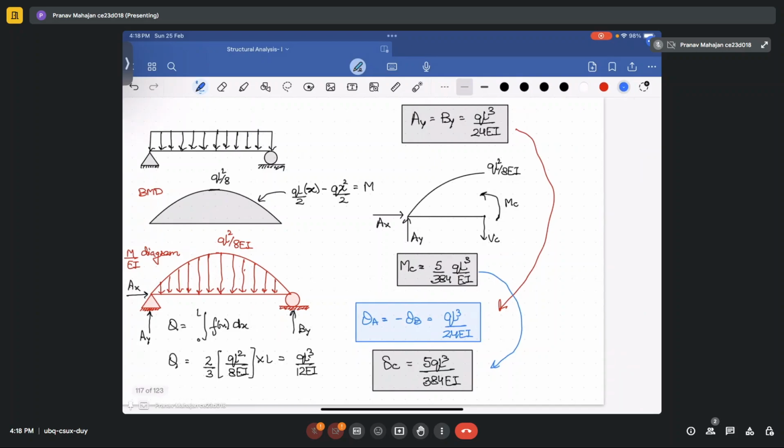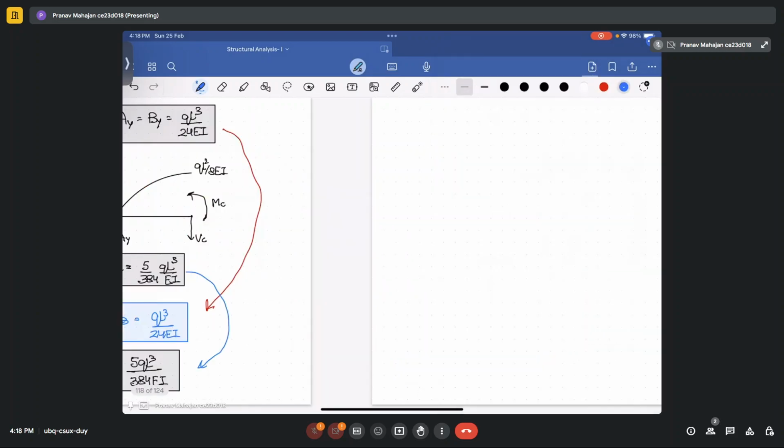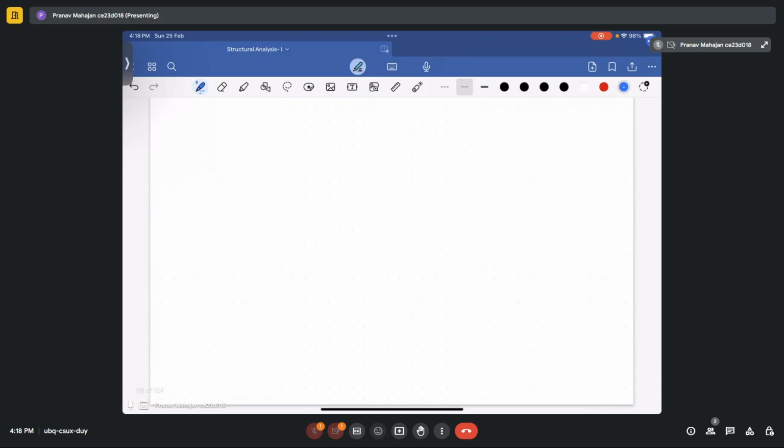However, this has the effect of supports also, because you have to change the supports to satisfy the kind of loading that is there at a particular joint. So for the real beam support, when you convert it into a conjugate beam, some of the supports will also get changed. So if I write the effect of supports,